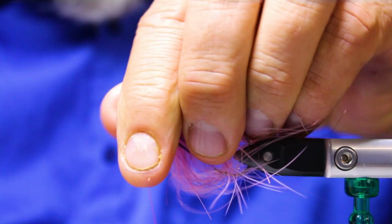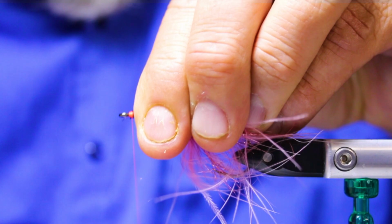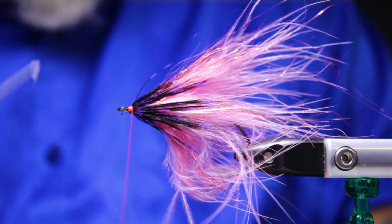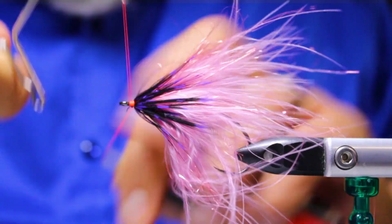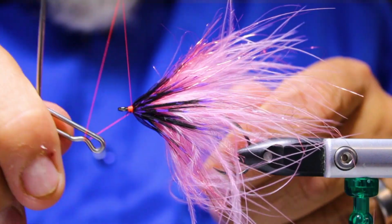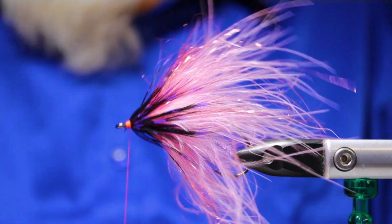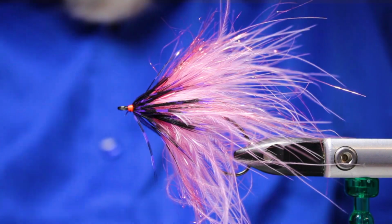Again, just make sure that everything is stroked back. A little bit of a head here. It's almost like a little hot spot. Take a whip finisher, whip finish this, and then I usually use UV resin on these, on the heads. Just makes it stand out just a little bit more than like a Sally's. And then I'll take my